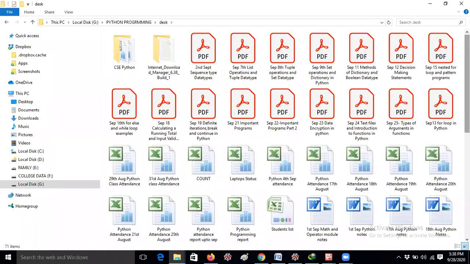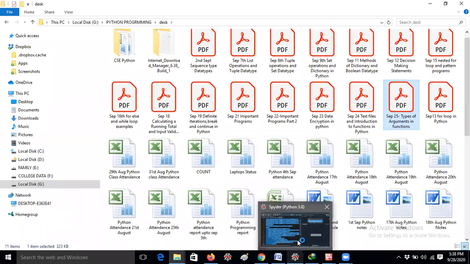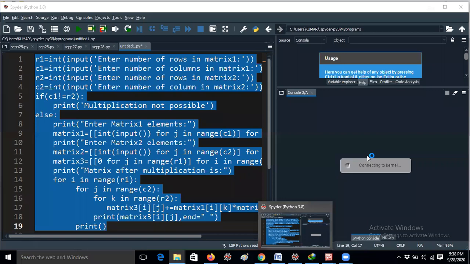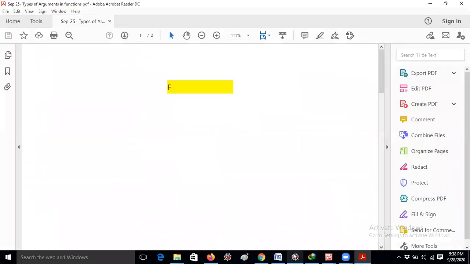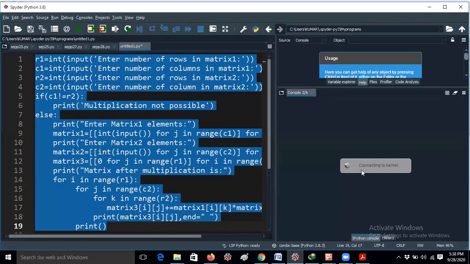In the last class, we discussed types of function arguments, right? Wow, the console is still connecting to the kernel. What happened to my console?